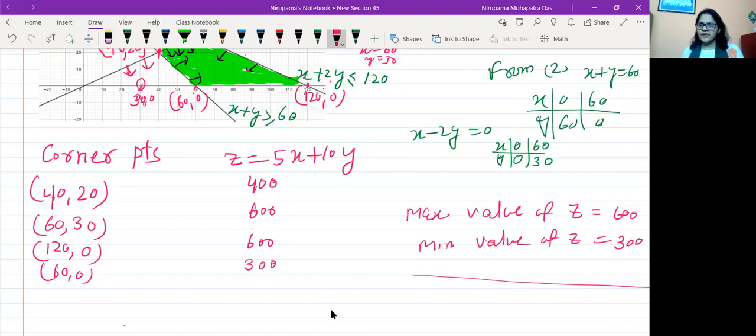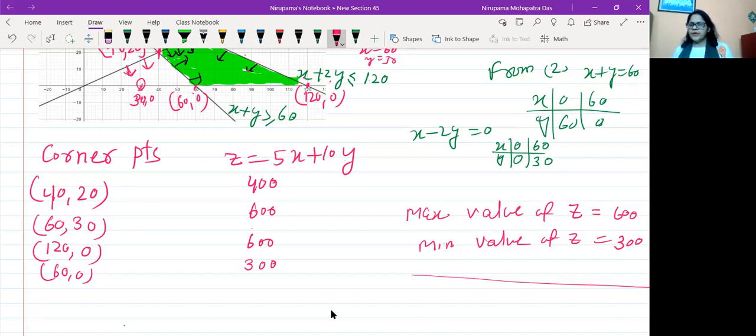After drawing all the graphs and putting arrow marks, finally we have to shade the common portion. That common portion, the shaded portion, is called the feasible region. And the feasible region will be bounded for you this year, because you don't have to solve unbounded regions; unbounded region is not in your syllabus this time.